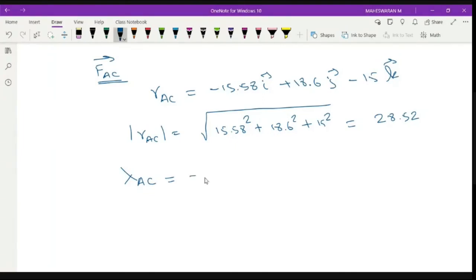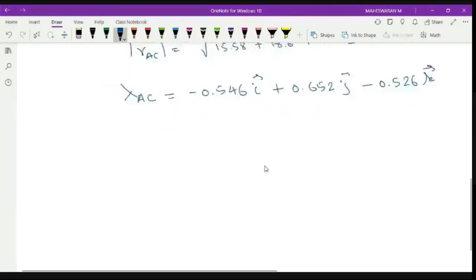you are getting minus 0.546 I vector plus, so 18.6 divided by 28.52, we are getting 0.652 J vector minus 15 divided by 28.52. We are getting minus 0.526 K vector, right? These are my lambda AC. Now let me identify what is my force AC,